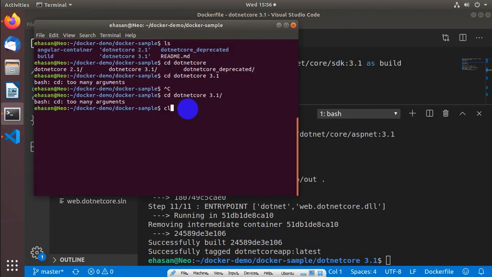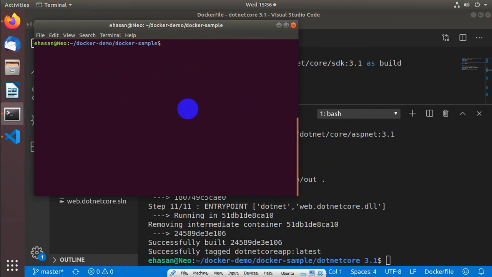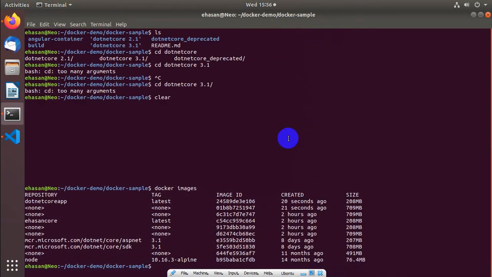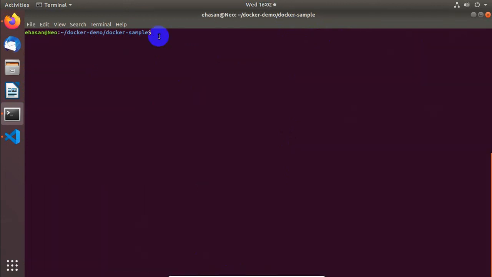Let's check it with docker images. Okay, basically I named my image .NET Core App. This is the image I have created. Let's run the image.